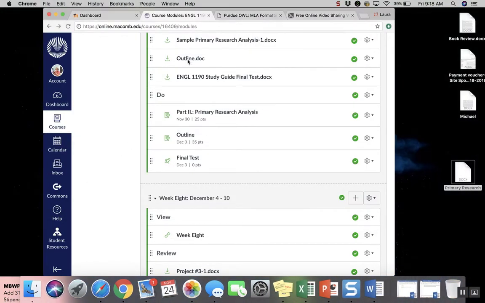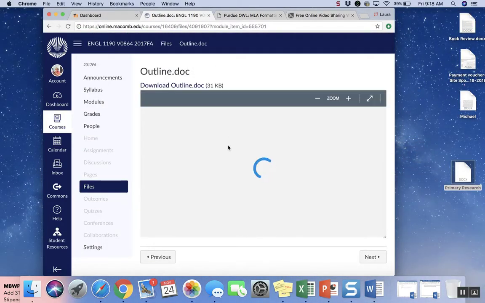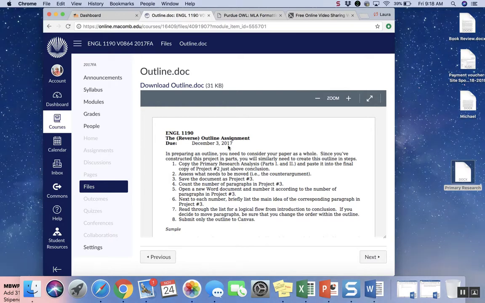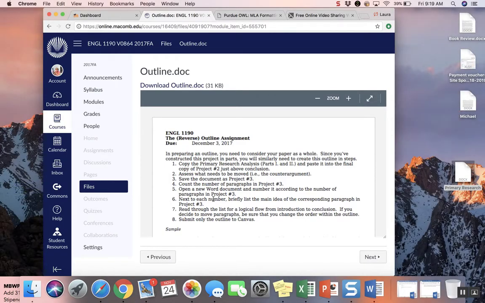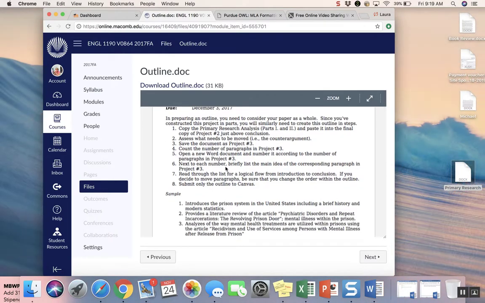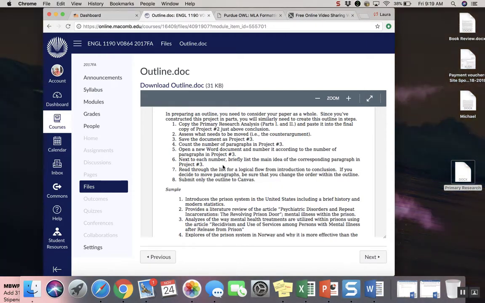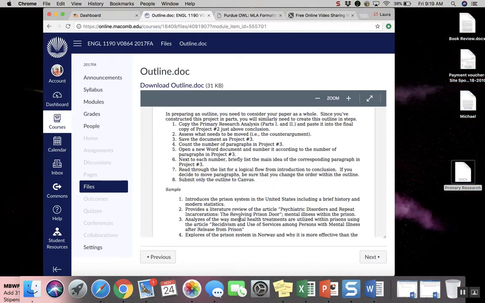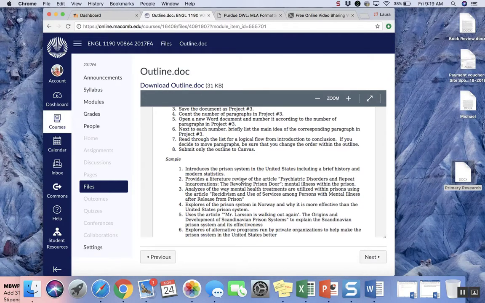So that is what I want you to outline. Once you've merged these two documents, I highly encourage you, as it says in the directions, to save this new merged document as project number 3. You don't want it to be confused with the other documents you've saved this semester. But you're going to simply go through, number all of the paragraphs in your entire paper, and then type out a sentence or even a phrase that captures the main idea of each of those,